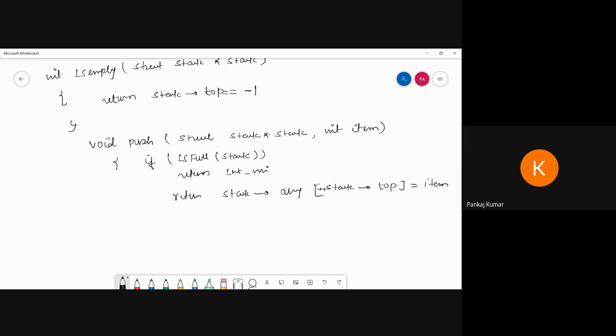So we increase that value and put the item inside. Then suppose you want to print, then a printf statement, push item, whatever you are writing, and close this bracket. So now see, it looks like this, 0, 1, 2, n minus 1, so the item can be put here.